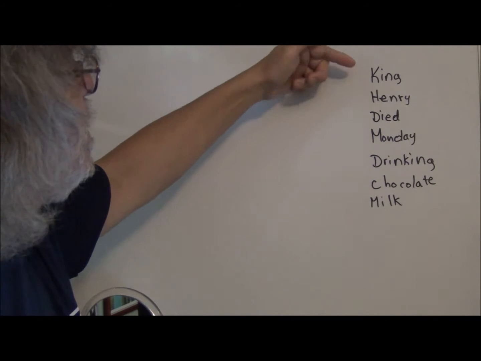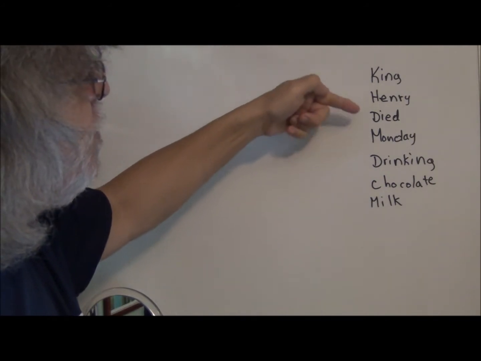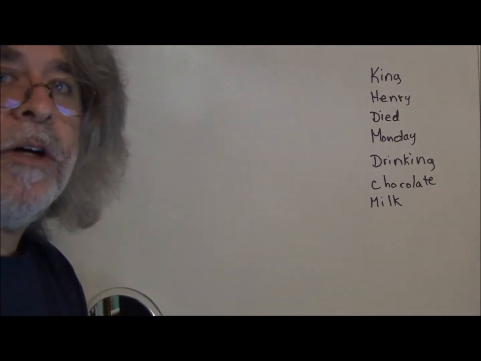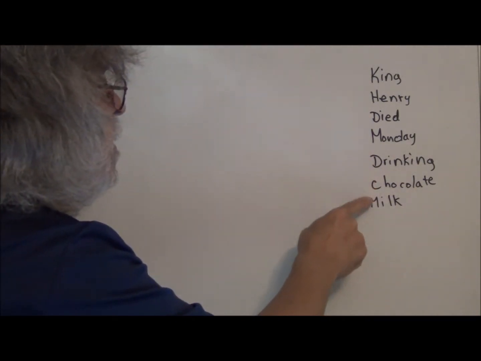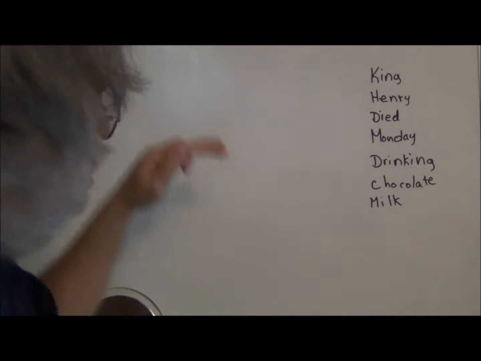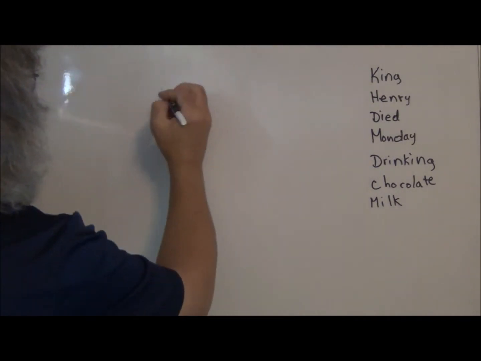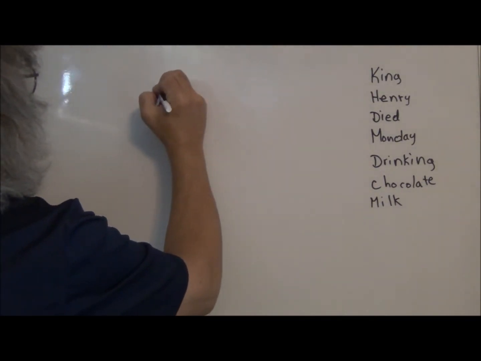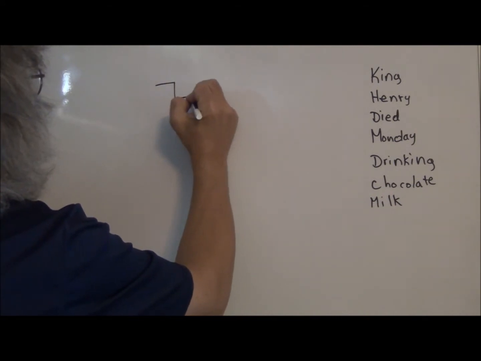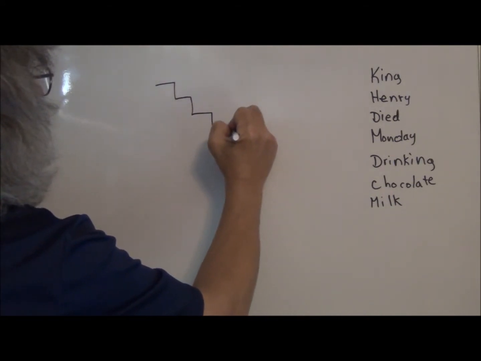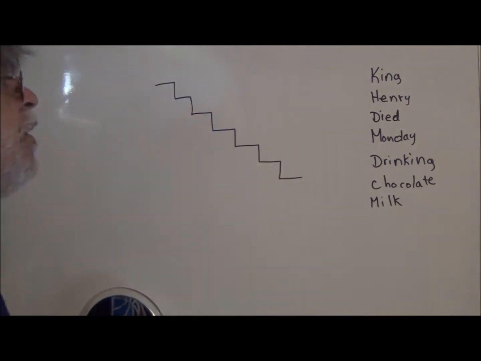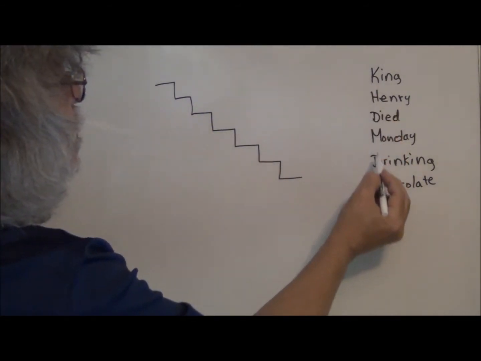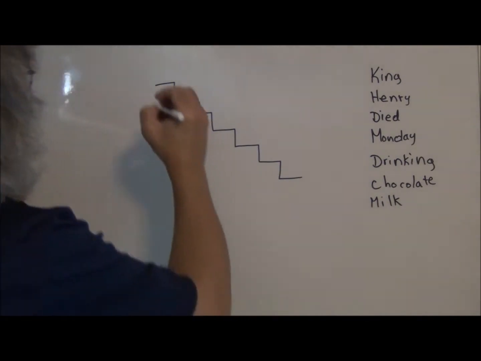So if you can memorize the sentence, King Henry died Monday drinking chocolate milk. We're going to use that. It's 1, 2, 3, 4, 5, 6, 7. So I'm going to make 7 steps. So we'll start with that. 1, 2, 3, 4, 5, 6, 7. So we're going to use the first letter for these for the metric steps. So we're going to start with